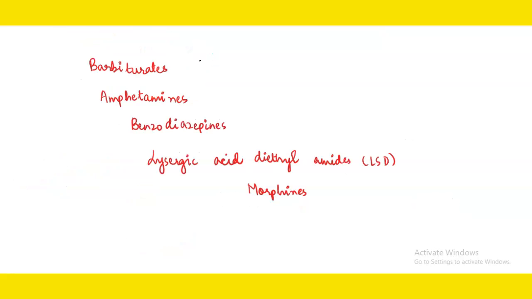Students, before we sum up, this also you should know that barbiturates, amphetamines, benzodiazepines, lysergic acid diethylamide, which is abbreviated as LSD, and morphine are being prominently used as the sedatives and the painkillers. So this question can also be asked in the MCQ, that which of these belong to the sedatives or painkillers and which is a cannabinoid. Okay, so all these names are to be learned by you.